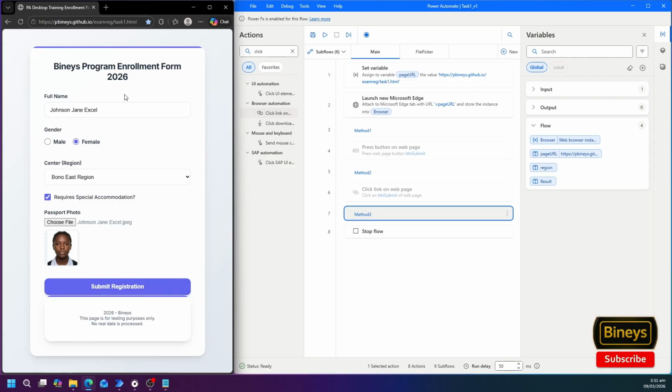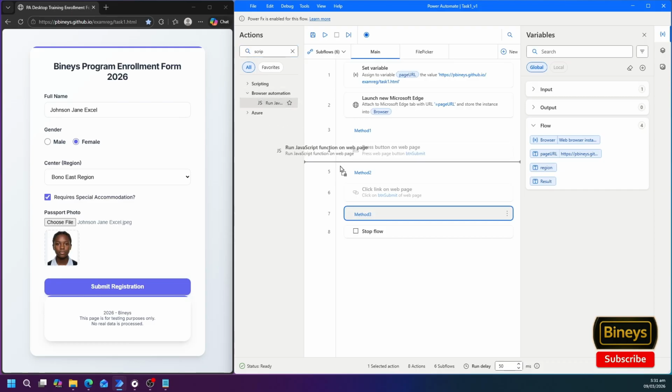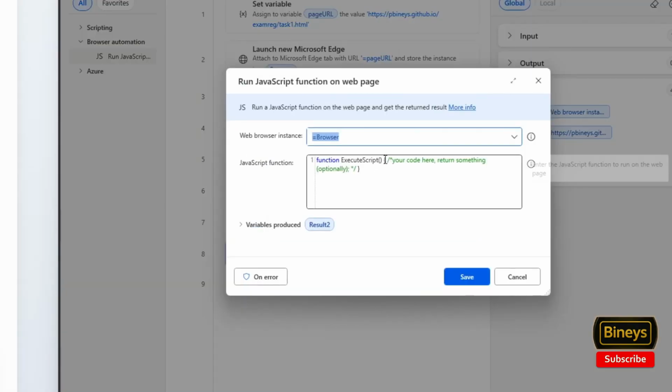Alright, so once our form is filled and we want to click, let's do script. Let's go to the browser automation section, and just like we do, let's start with return